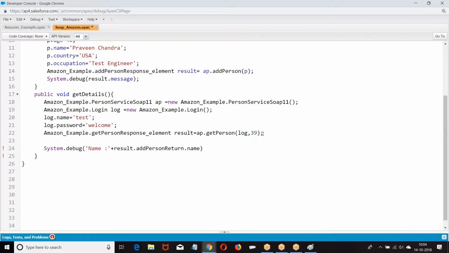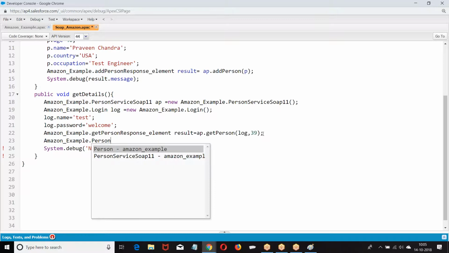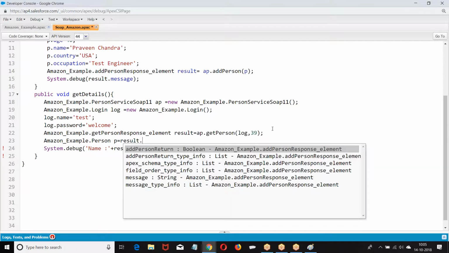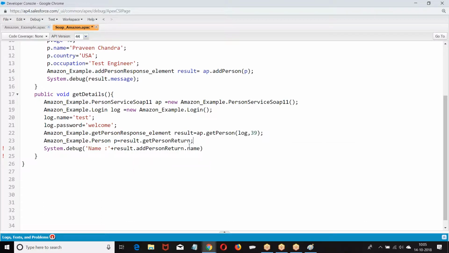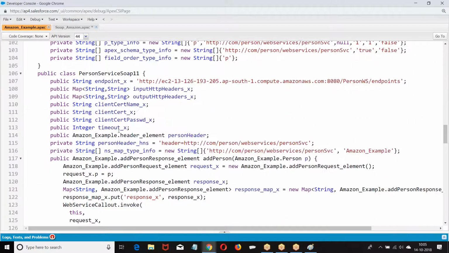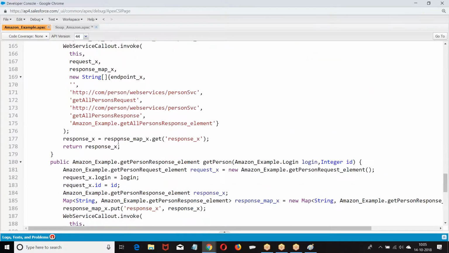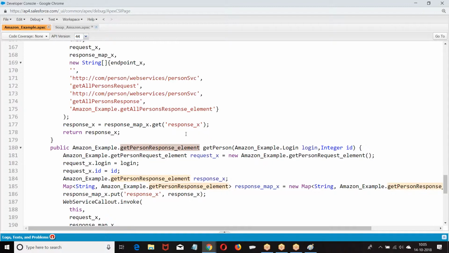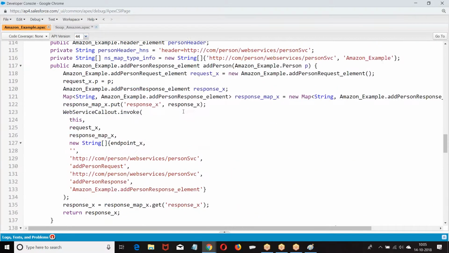Once you give that, then I'm going to get an example equal to get response element.